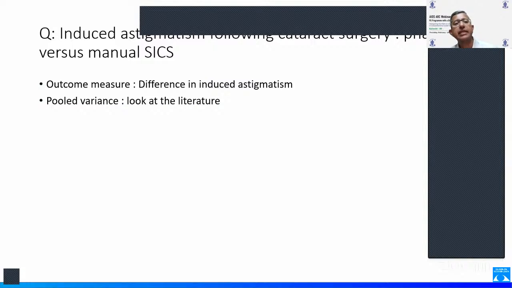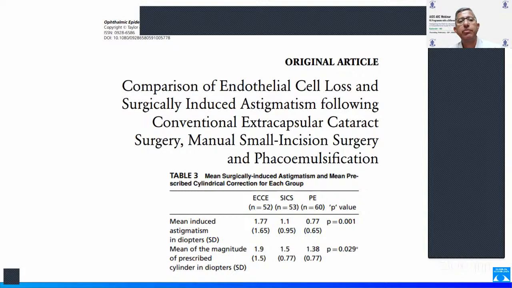I'm giving you another example here, and this is induced astigmatism following cataract surgery, phaco versus manual SICS. This is what you want to measure. Your outcome measure is the difference in induced astigmatism in diopters. And for the pooled variance, again, you don't know what it is off the top of your head. You need to look at the literature, and you will pull up this paper published some years back, which looked